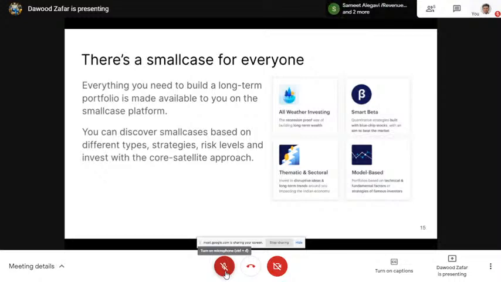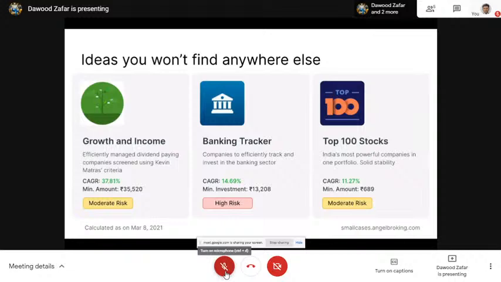All you have to do is come and explore the smallcases on the Angel platform. You'll be able to see all the smallcases, right? Just like the way I have shown, these are the other three smallcases. If you want me to explain the top 100: if you think India is growing, India's top 100 companies will also grow, right? The companies listed on Nifty, all the top 100 companies, are in this. So just by investing 683 rupees, 689 rupees, you'll be investing in the top 100 companies of India, which are listed